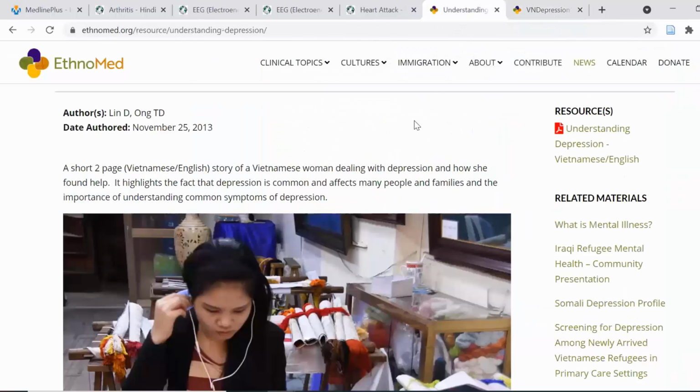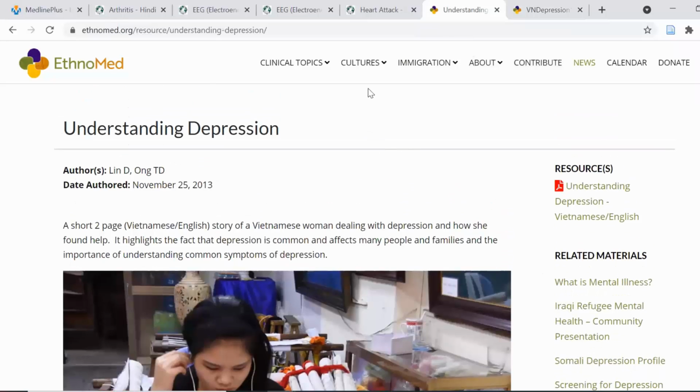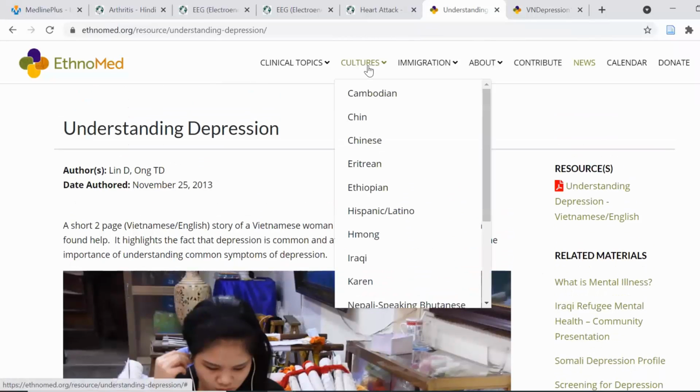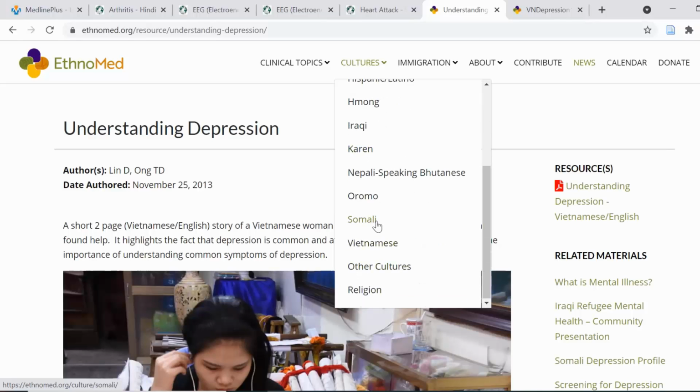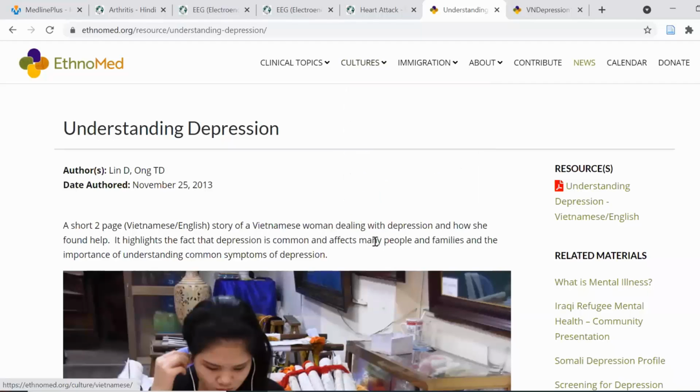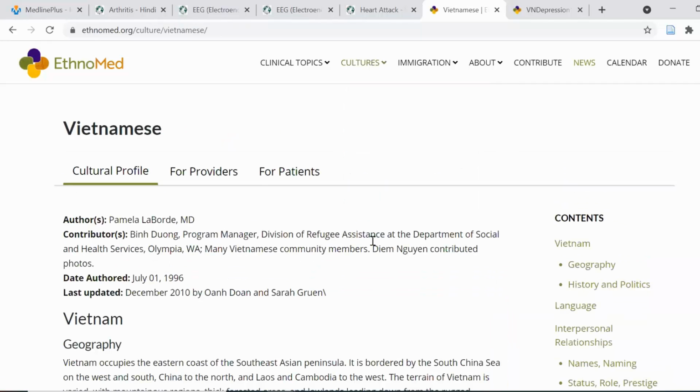But yeah, you can readily find and use these. There's also a list of different cultures. If you are working with a predominant culture in your community, you can totally focus on that, whether it's Latino, Hmong, Iraqi, Somali, anything like that, even religion too. But in our case, for example, with Vietnamese,